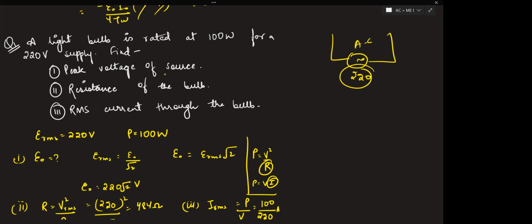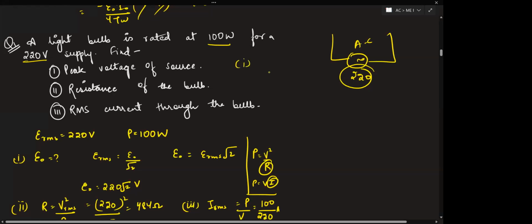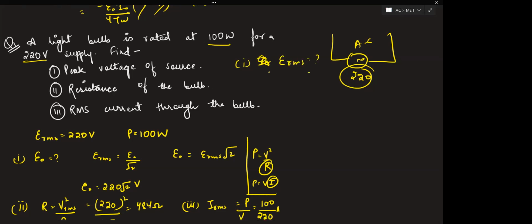Let's say some current is given to you. Let's say this was 0.45. Instead of 220 volt, the question would have given you a light bulb at this power, and the current is 0.45. So nothing is specified, that is the IRMS value. If a peak value is given, that will be mentioned. Or one more hint you can take from the question: by chance, if the question asks you to calculate the ERMS value, then in that case you would have considered this